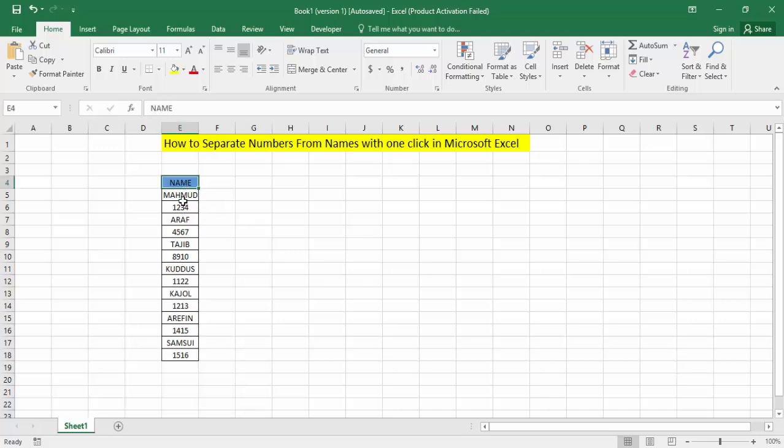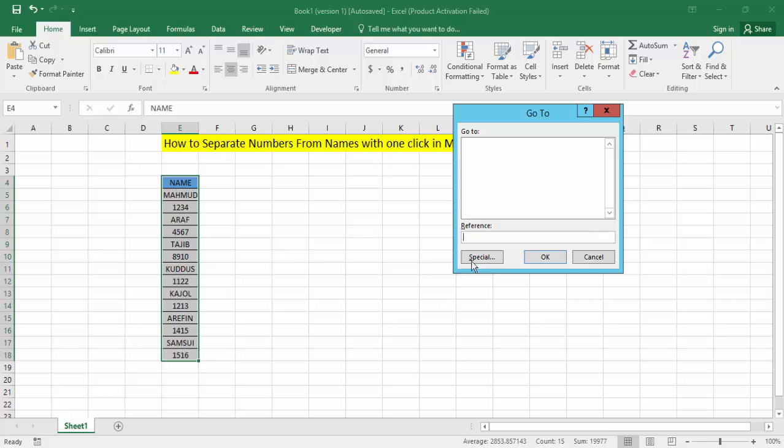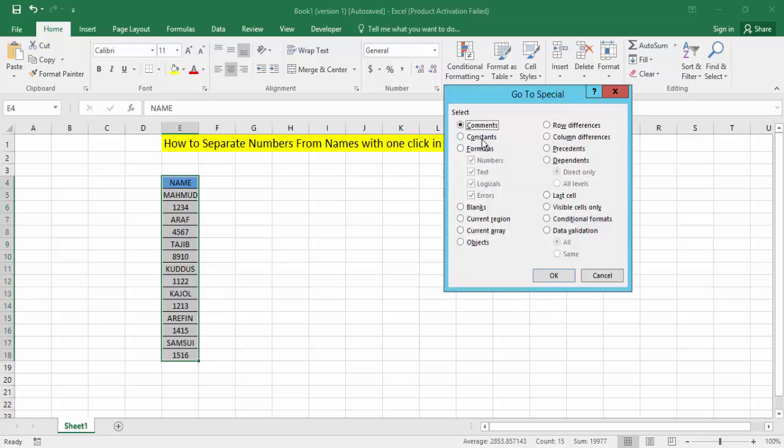Firstly, select all the names and numbers. Now on the keyboard press Ctrl+G. Now click the Special option. Now click the Constants option. And firstly, show the names. Now